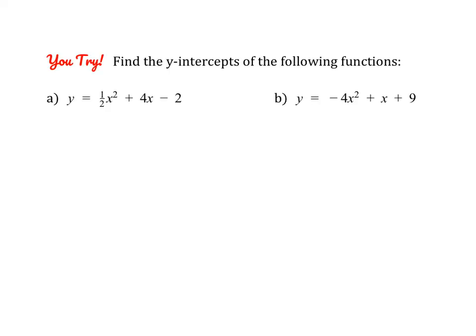So using this new generalization, take a minute, pause the video, and see if you can really quickly find the y-intercept of these two equations. Okay, so let's check our work. So for the first one, I see that my c value is negative 2, so my y-intercept is 0, negative 2. And for part B, I see that my c value, or my constant, is 9, and that means my y-intercept is